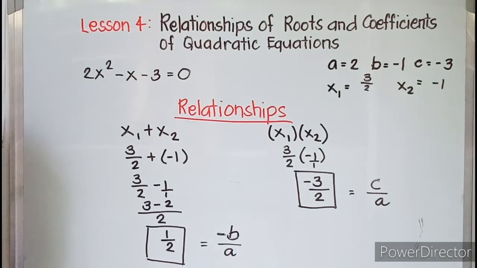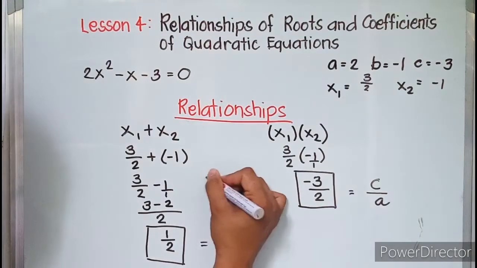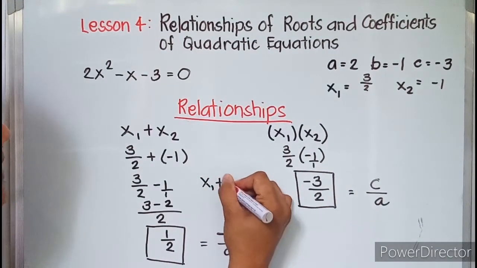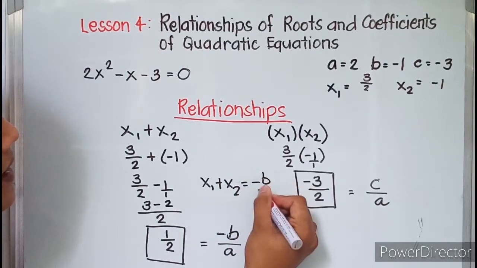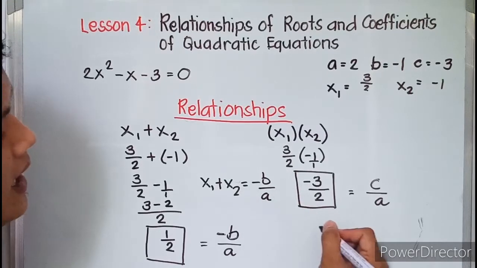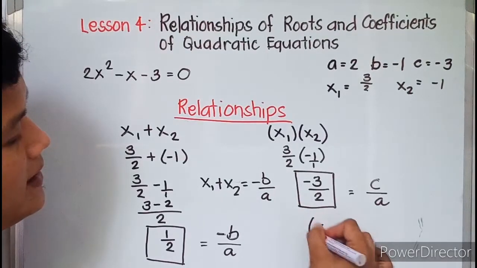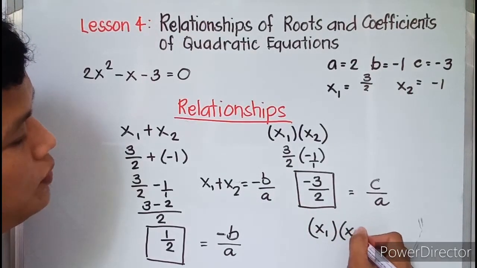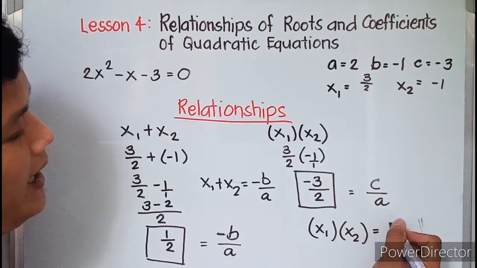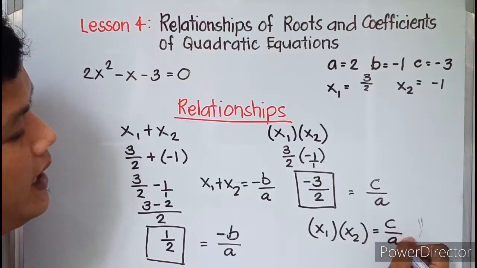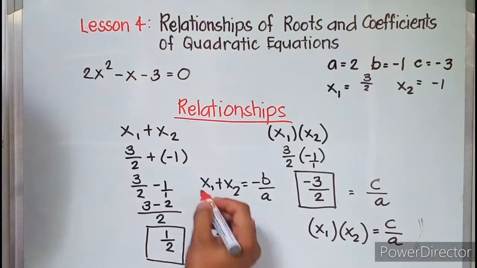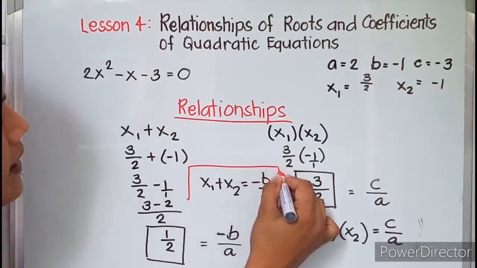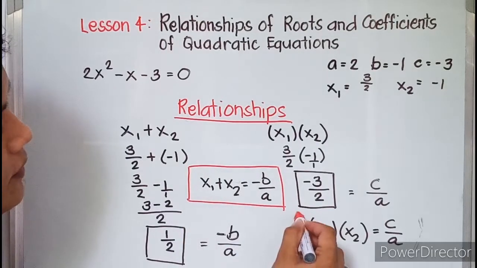Therefore, sasabihin natin na si x sub 1 plus x sub 2 ay laging equal kay negative B over A, at si x sub 1 times x sub 2 ay laging equal kay C over A. So, ito ang relasyon na mayroon kay roots at coefficients